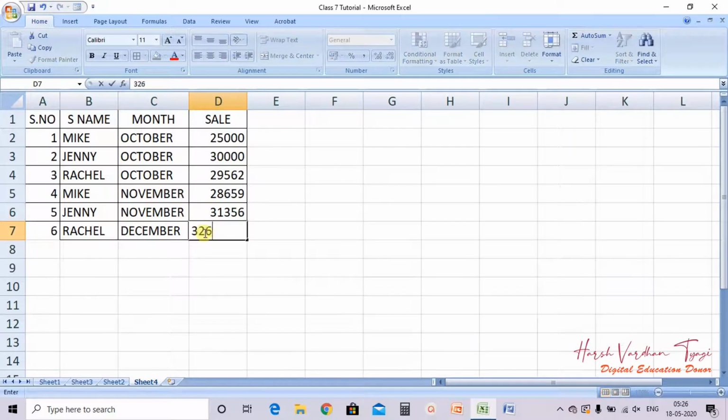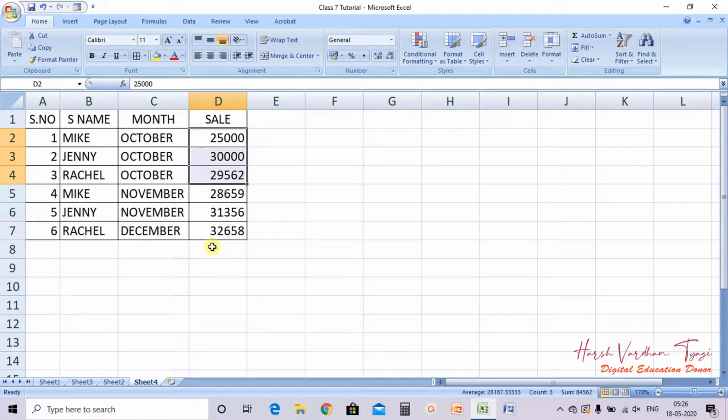It is 32,658. Clear? Now suppose there are 3 salespersons in a company who are working in the sales department, and they have been given some targets. In the month of October, the 3 salespersons have individually given this particular sale to the company, 25,000, 30,000, 29,562.